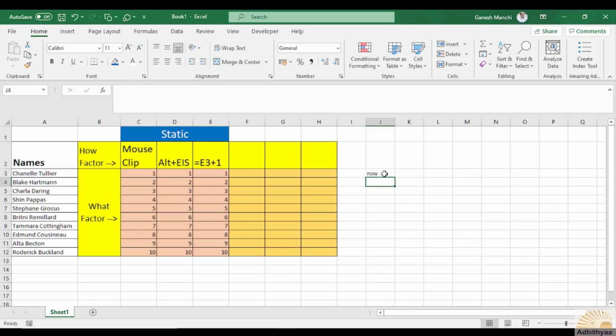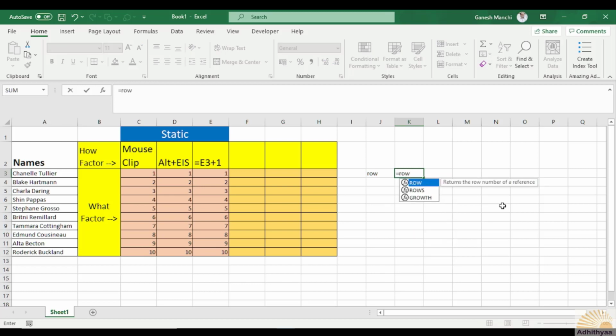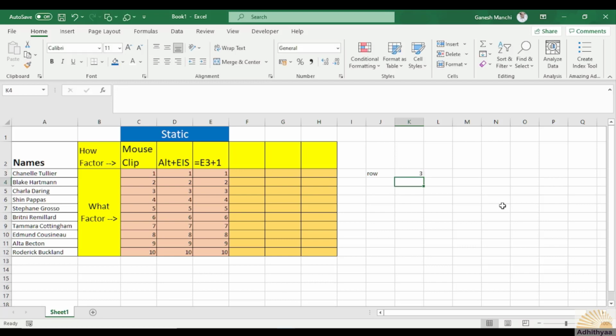I would like to take you through what the ROW function is all about. So when you press equals ROW and open and close bracket, this will give you the nth row. That means this particular cell belongs to the third row.